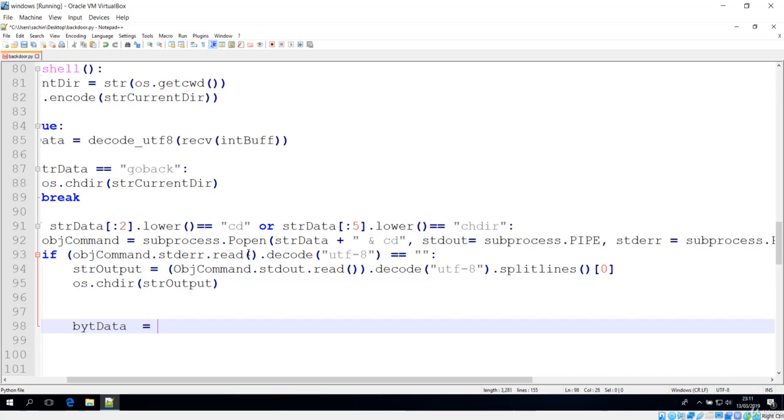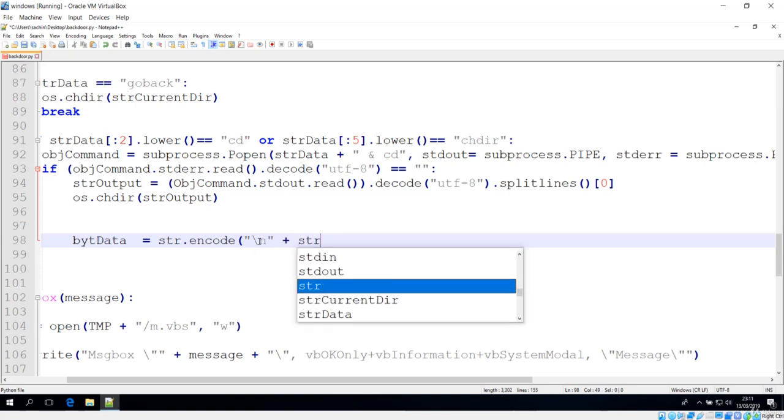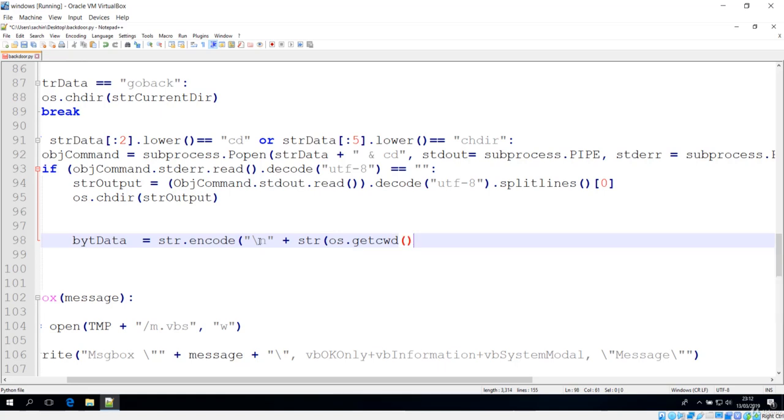Now the data should be encoded because we have to send this data. So let's encode this, and let me say that I want to encode with the \n. Let me just type \n over here, which is giving a new line, and after that I want to typecast our current directory, which will obviously be getcwd, which represents the get current working directory. And after you get that current working directory, you have to now run that command. So basically if you want to execute it, let's give this one.